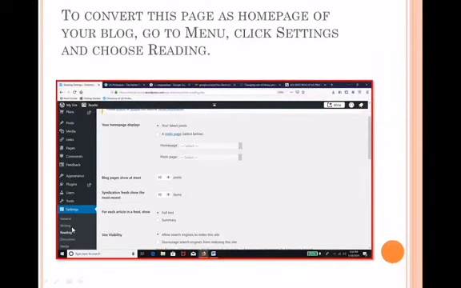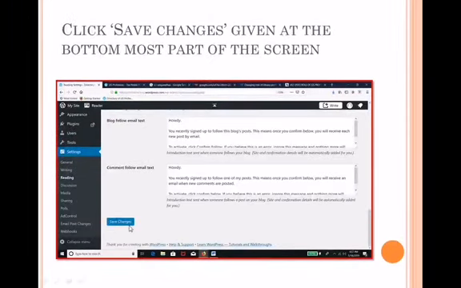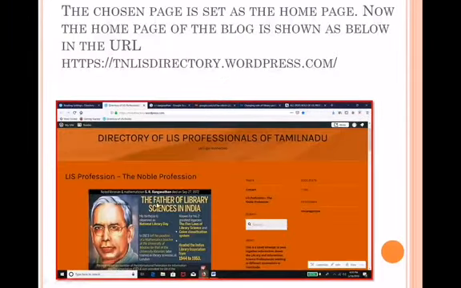In settings, click reading, and you will get a screen. There you select whether your home page displays your latest posts or a static page. You select a static page and decide which page. I think you remember the title of the page, LIS Profession, the Noble Profession. You can select any page to act as the home page for your WordPress blog. Then click on Save Changes, and you can see the browser